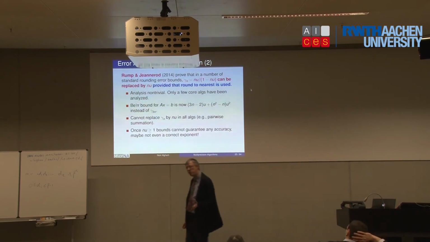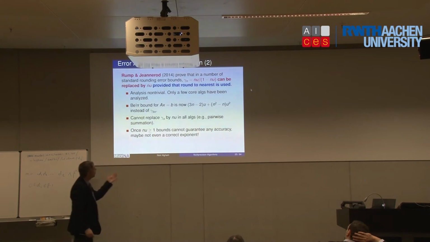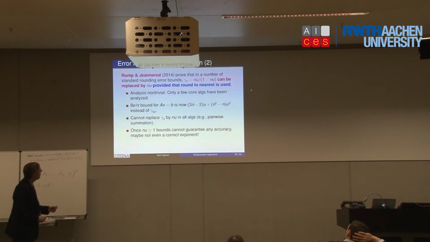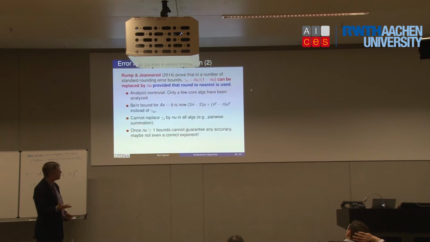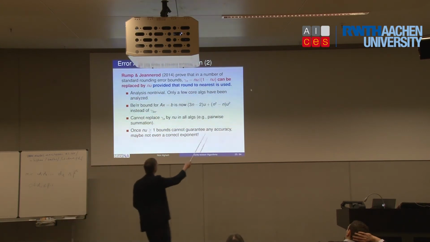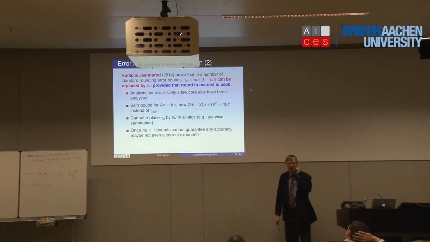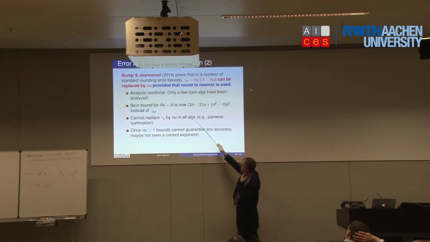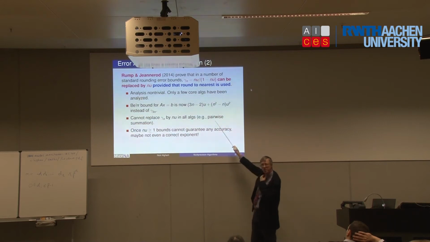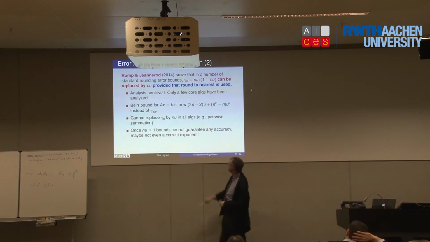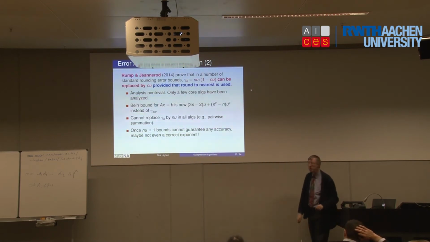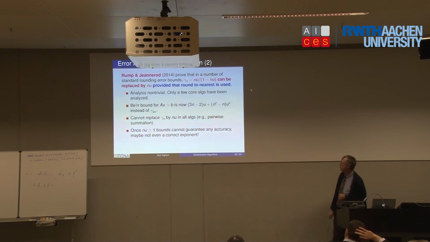They've only been able to analyze a few core algorithms, and if you go beyond those and start looking at, for example, so they have an analysis for LU factorization. If you then use the LU factors to solve Ax = b, though, other terms come in. So the analysis gets a bit messy again. You can't do this replacement in all algorithms. They point out that the pairwise summation I just mentioned, which would have a gamma of log2 n, you can't actually replace that by log2 n times nu in that case. So this doesn't always work.